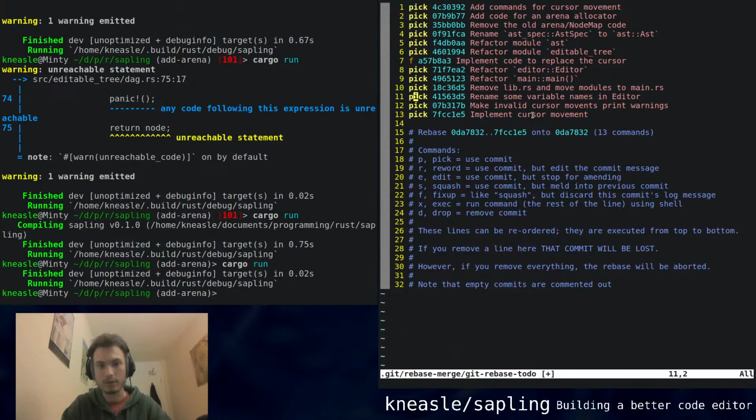And then renaming some variable names is part of refactoring editor, so I'm going to do the same thing. This was the last thing I did before stream. Now we've got